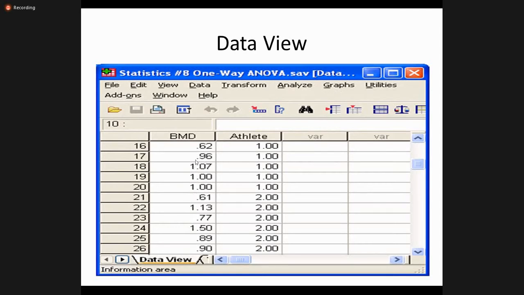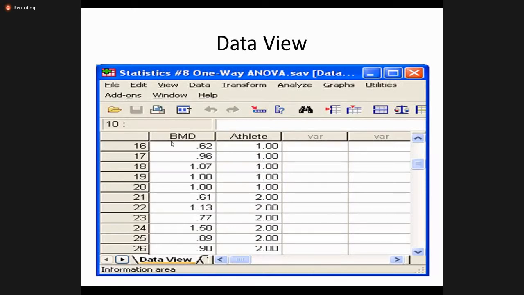In this example, you can see that there are three categories of athletes. Two means one type of category. We discuss what one and two are.